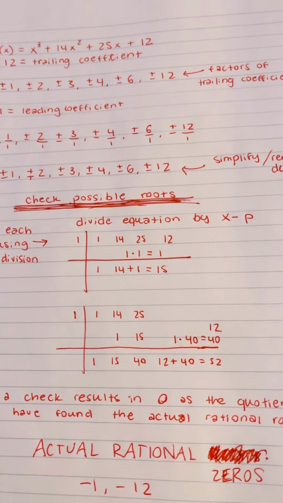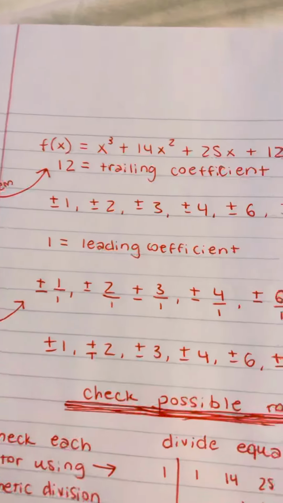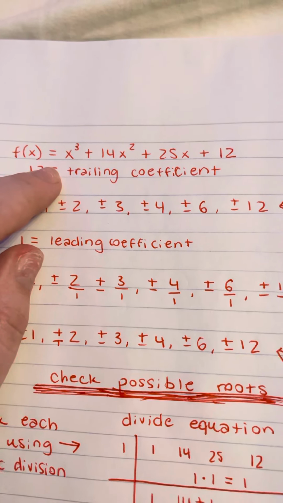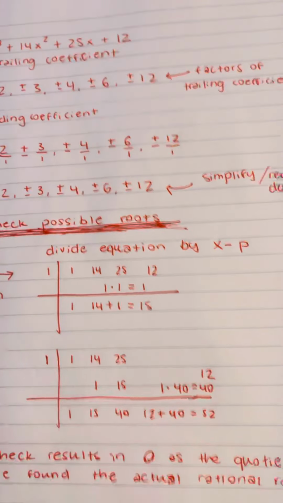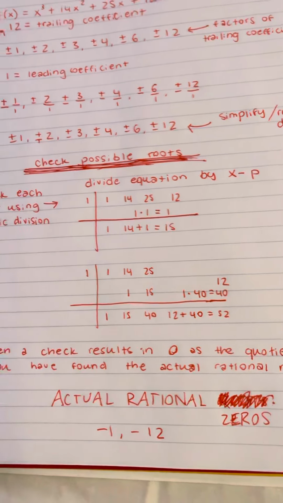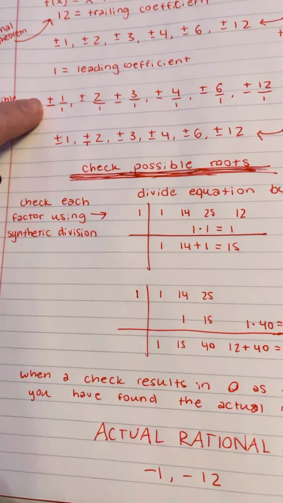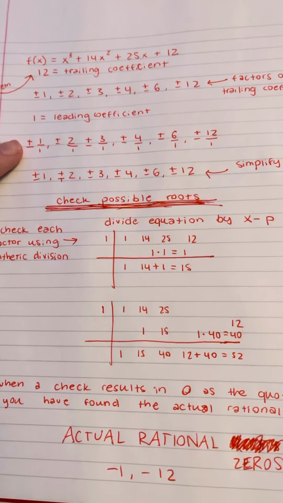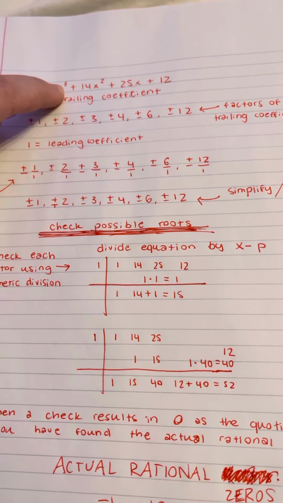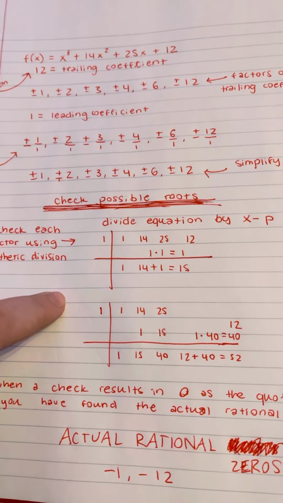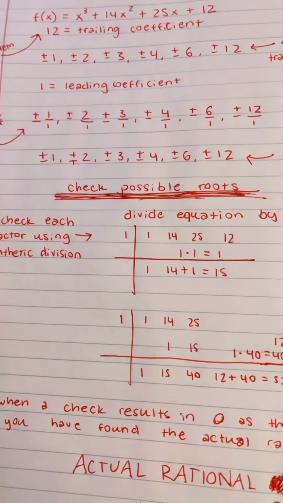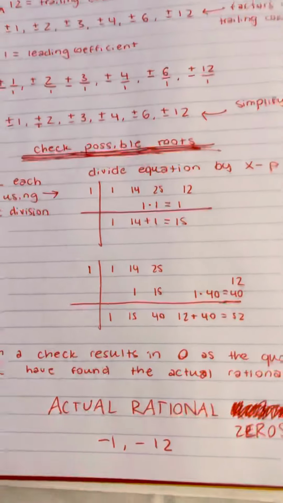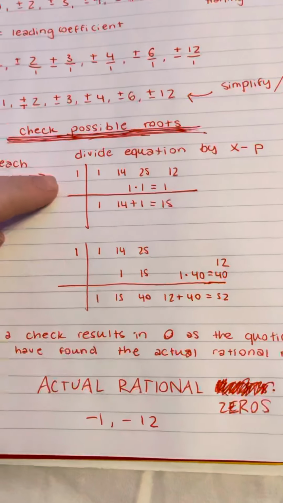All you're going to do is take the equation, which is, again, x cubed plus 14x squared plus 25x plus 12, and divide that by x minus whatever value you're checking. So if you're checking positive 1, then you're going to divide this equation by x minus 1. And if you were checking negative 1, then it would be this equation divided by x plus 1, if that makes sense. So I showed synthetic division here